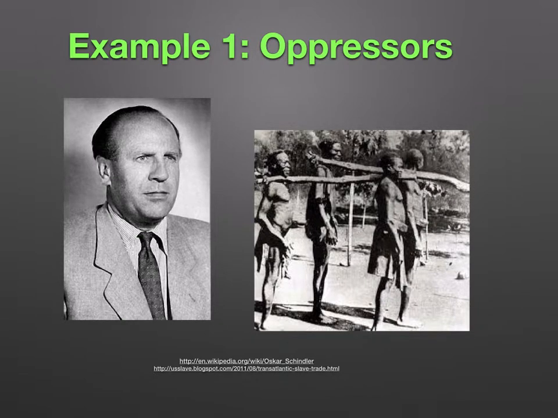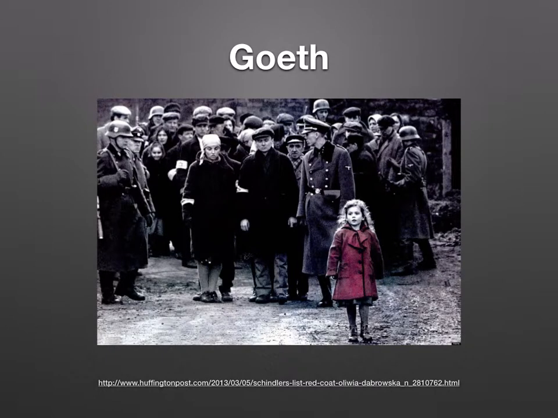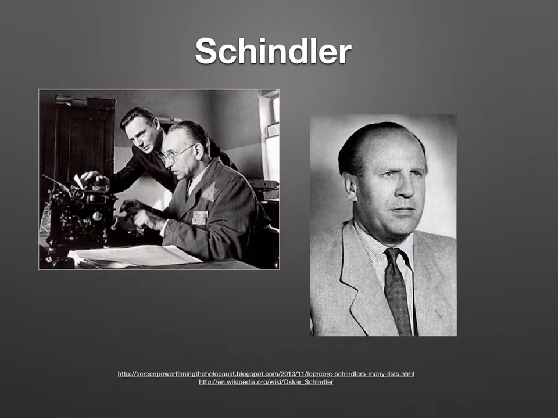Example 1. Oppressors. An example from Schindler's List was Schindler. Schindler was talking about why he should hire Polish people when Jewish people cost less. Schindler was looking at the cost of people and not looking at what they were truly like. Schindler's List contained many Jewish people that cost way less than the Polish people, which means the list would be bigger, filled with Jewish people.